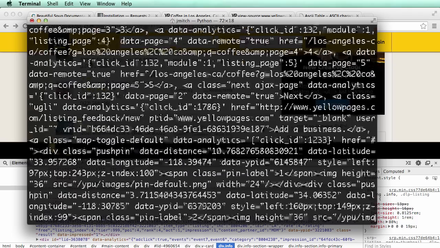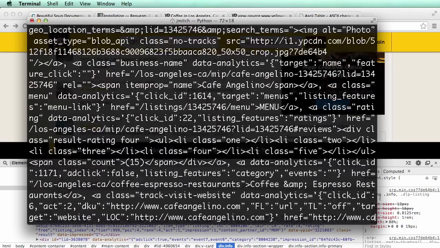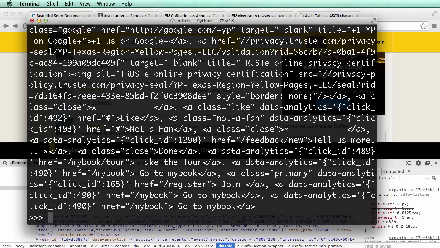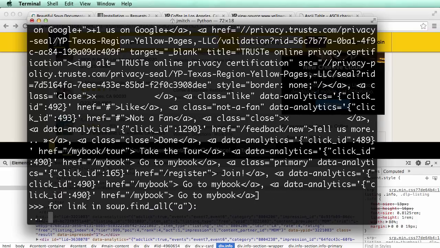It's also not that beautiful in this case, but what if I wanted to see all the links, but specifically the href or the hyperlink for it? That's going to be fairly straightforward. So let's do a loop for all these links because it's a list. So we'll do for link in soup.findAll, and we'll do the anchor tag, and then of course print link, and I'll just hit enter